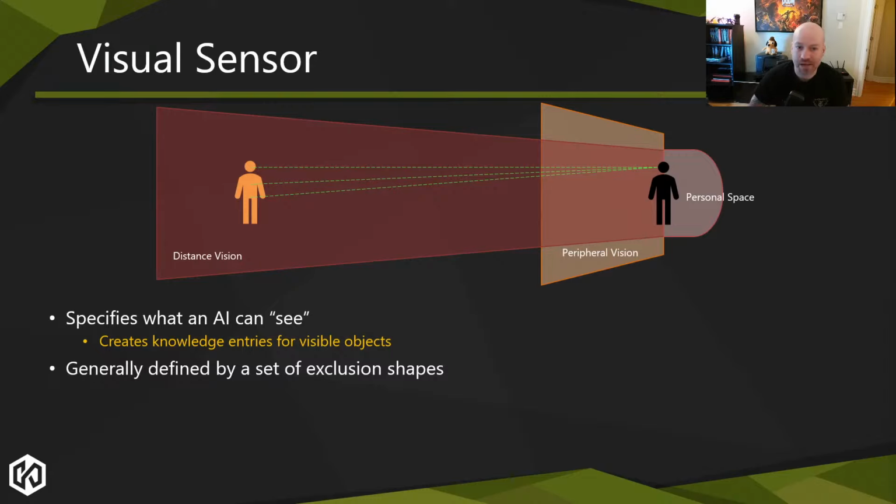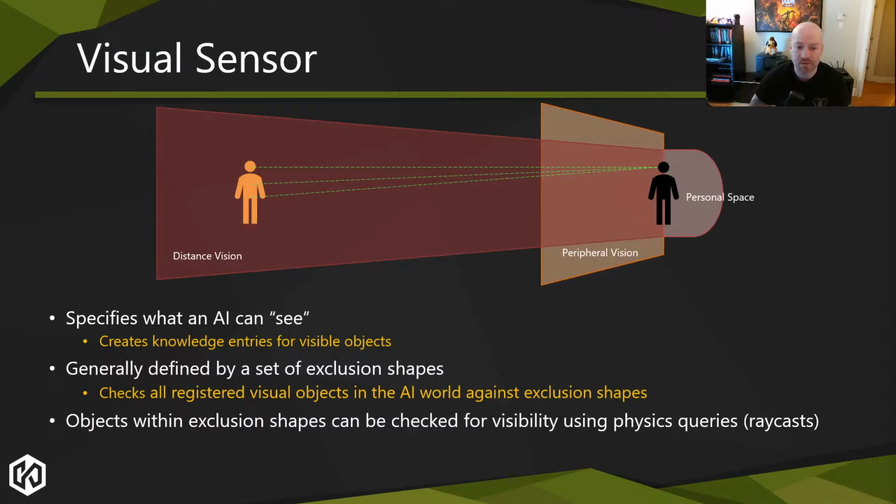Those sort of things. You may have different detection times within each zone. You may have different settings per shape, all that kind of stuff. It depends on what kind of a game you're trying to make. So what ends up happening is when we run the visual sensor, the AI world has every visual object registered with it that the AI could potentially care about. And then we just run through every visual object against those shapes.